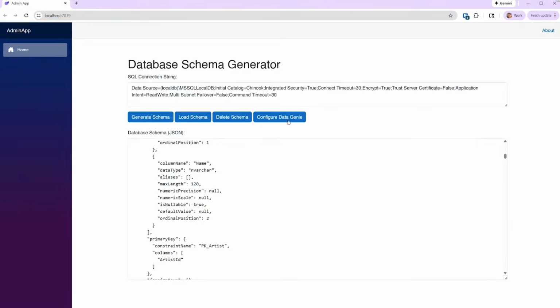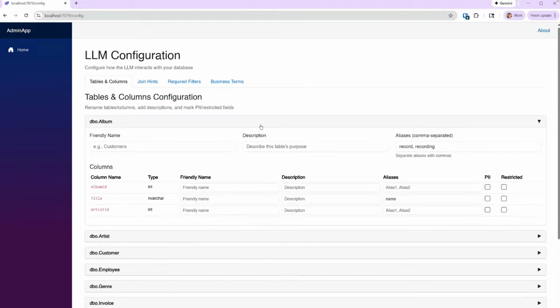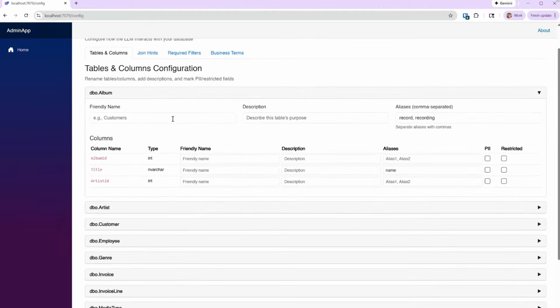And then we have another page here. This is where you create the rules that make it more friendly. So let's look at the album table right here. We have a friendly name if you want to call it albums, for example, or aliases, record, recording, and the description.